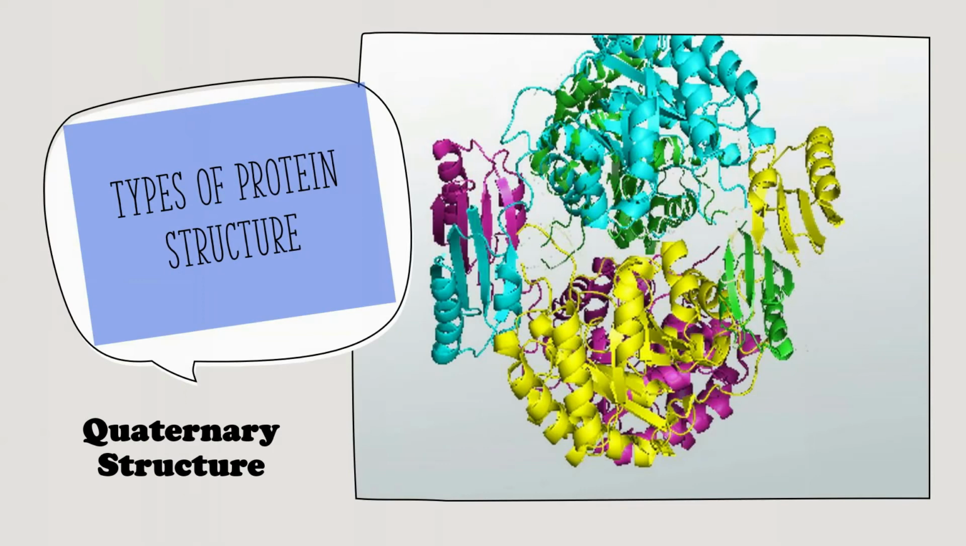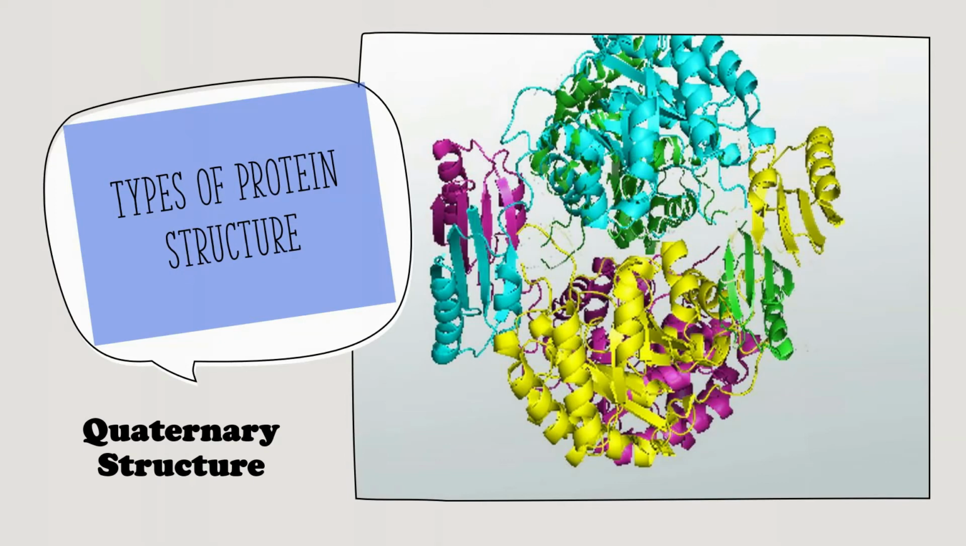Now, the last level of the protein structure is called the quaternary structure. So it refers to the structure of a protein macromolecule formed by the interactions between multiple polypeptide chains. So now each polypeptide chain is referred to as a subunit, and proteins with quaternary structure may consist of more